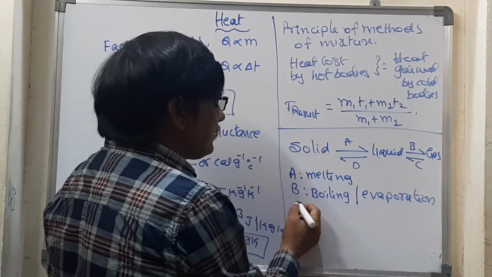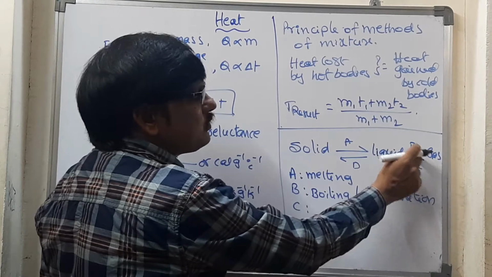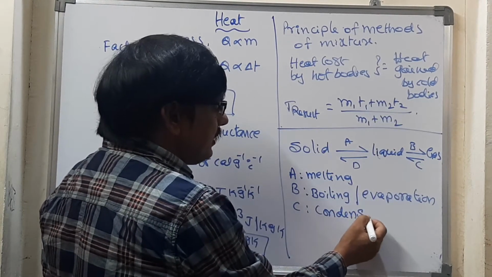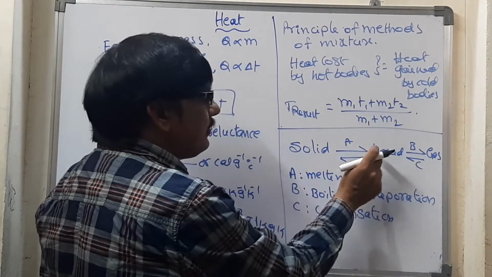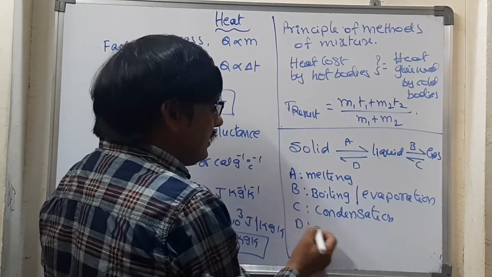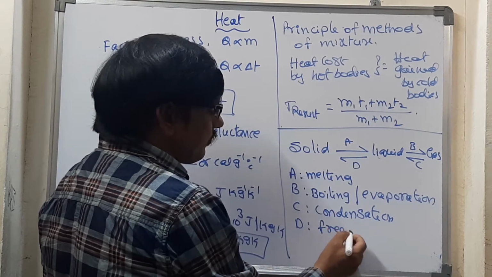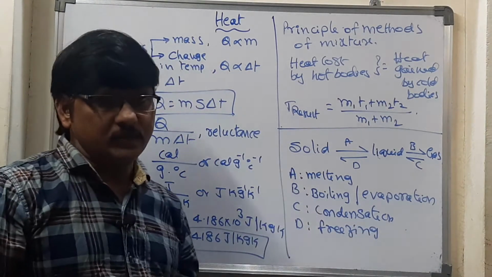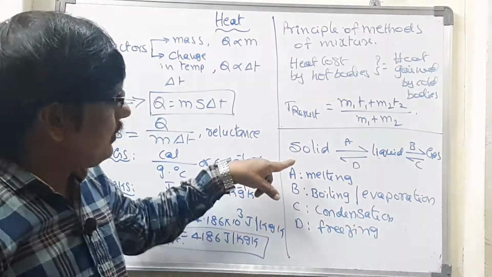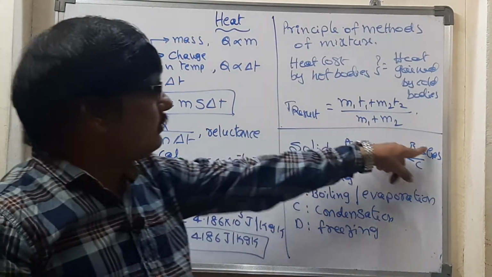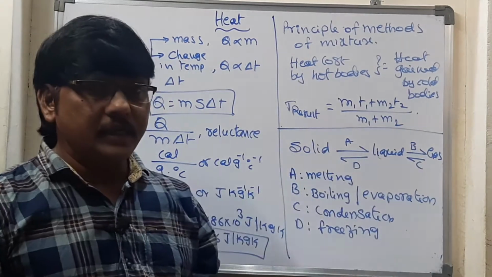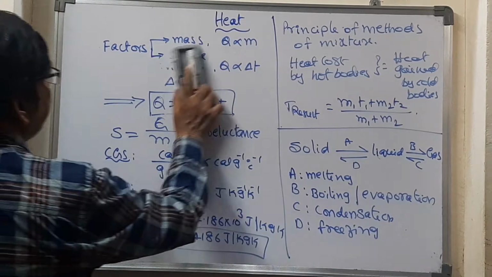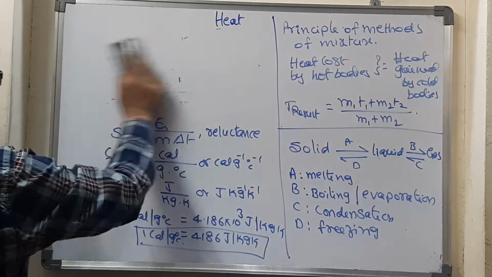The next one is C. This is the reverse process: gas to liquid. We call that condensation. And then liquid to solid is called freezing. These are the processes, and we will discuss all of them once more. Here, from left to right, that is solid to liquid and liquid to gas, heat energy will be absorbed, isn't it? And how can a solid become a liquid? For example, let us take ice cubes.